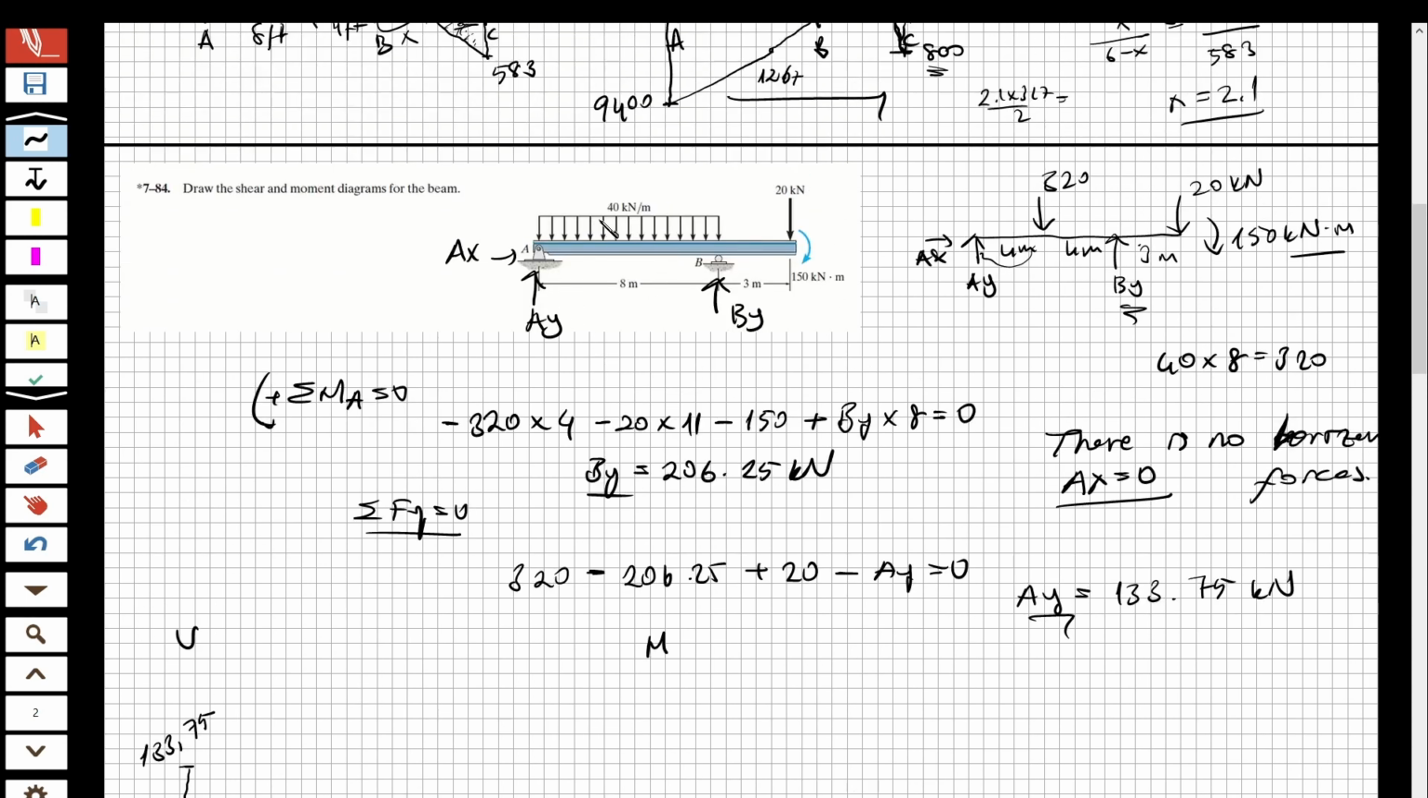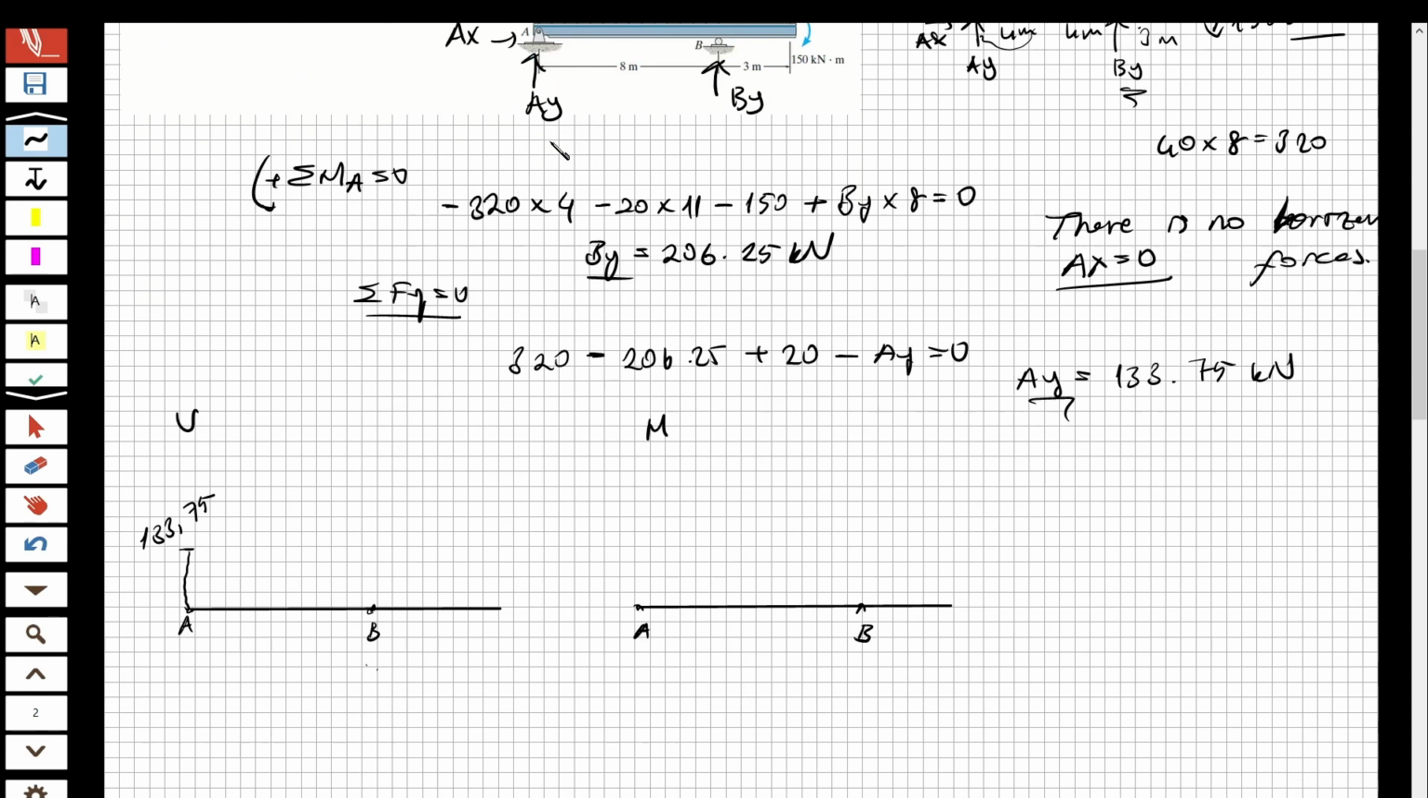If you have a distributed load, the shear diagram is going to be a triangle. So it's going to be something like that. For example, this is 320, the value of the distributed load. It's going to decrease by 320, and it's going to reach the point of